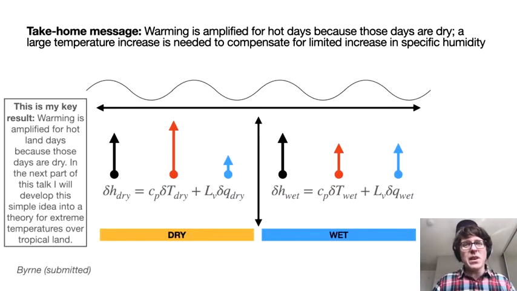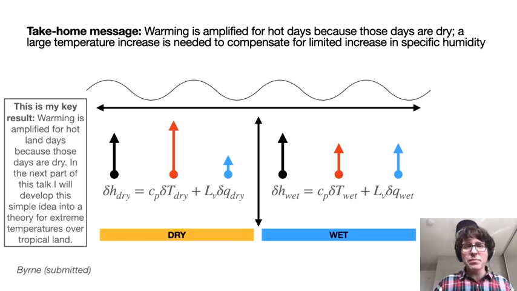Hi there, and welcome to the second part of my talk on the amplified warming of extreme temperatures over tropical land. At the end of part one, I discussed this simple take-home message, which is that hot days over land are expected to warm more than the average day because those days are dry. And this dryness limits increases in specific humidity, meaning that larger temperature increases are needed on those hot land days